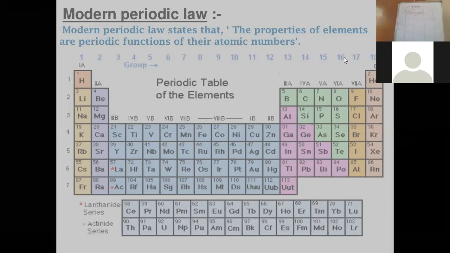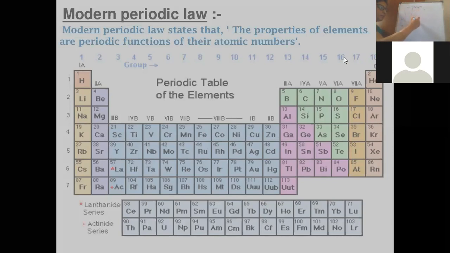All those elements have been placed in this period which have only one shell. While distributing electrons, from your class 9th, you have already learned how to distribute them. For example, sodium has 11 as atomic number, so the distribution of electrons will be 2, 8, 1. In the same manner, if we start with hydrogen, its atomic number is 1. Helium, its atomic number is 2. Lithium, its atomic number is 3.